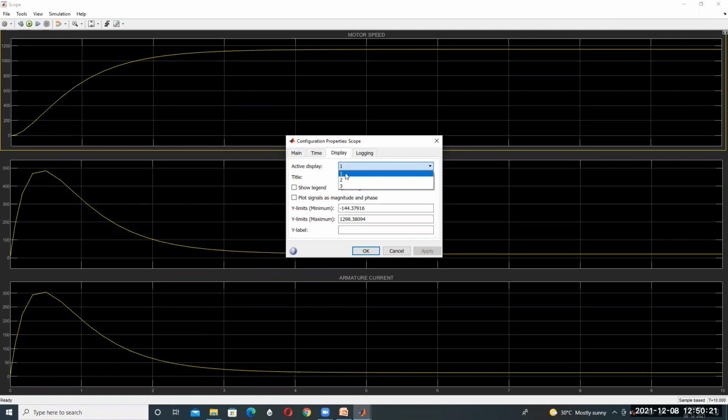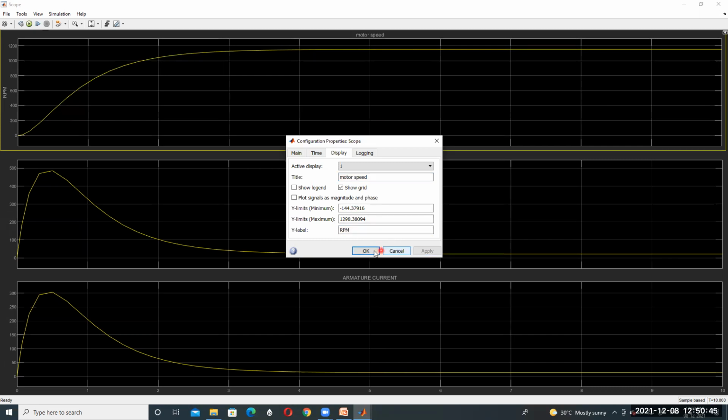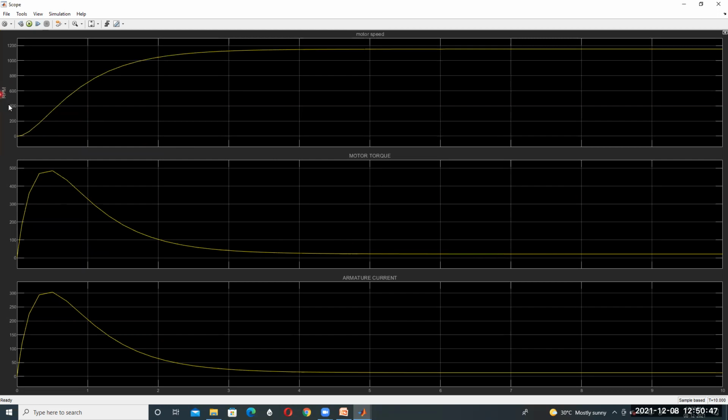By pressing active display 1, the signal label is motor speed, and the Y label is speed in RPM. Then apply, and you will get RPM. It shows like this.